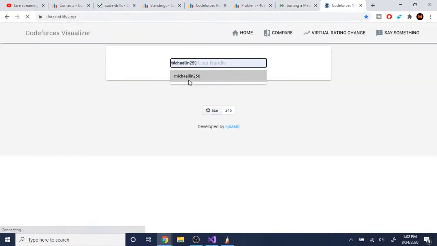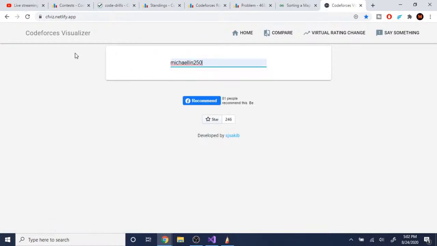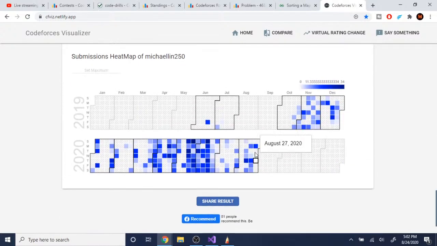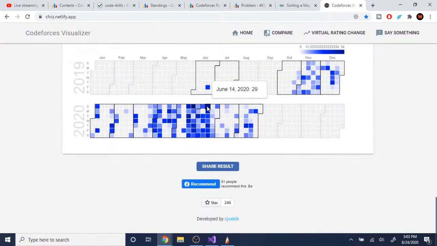If you want to track your number of times you solved or submitted something, you could go to Codeforces Visualizer, and it keeps track of the days that you solved. Last month I got really into it. In June I was solving a lot, but in the last 2 months, July and August, I have not been solving that many problems. So that was something. But keep in mind, just because you solve a lot,